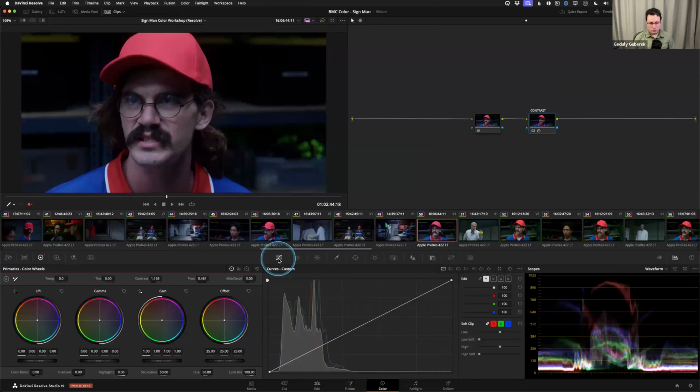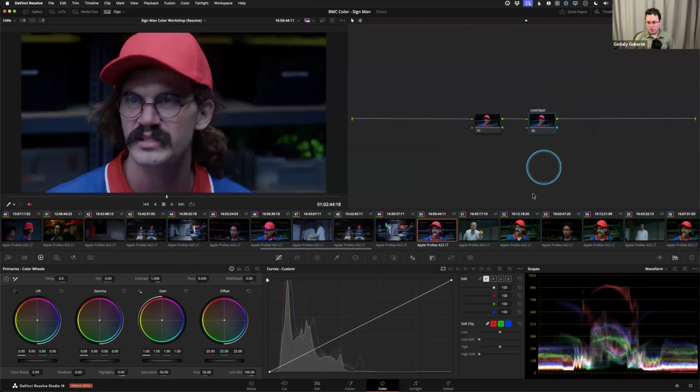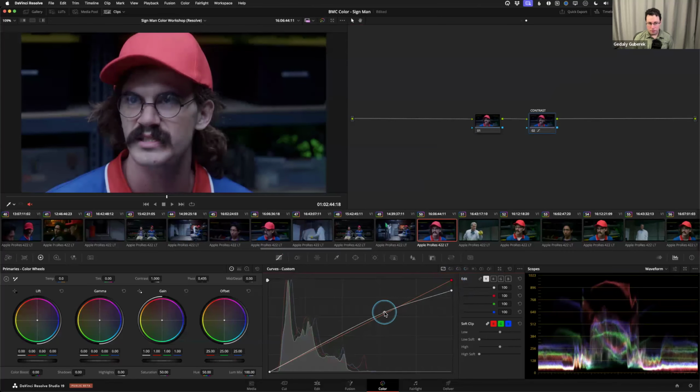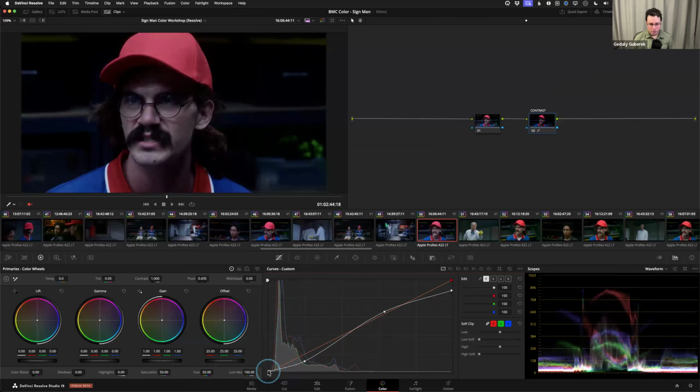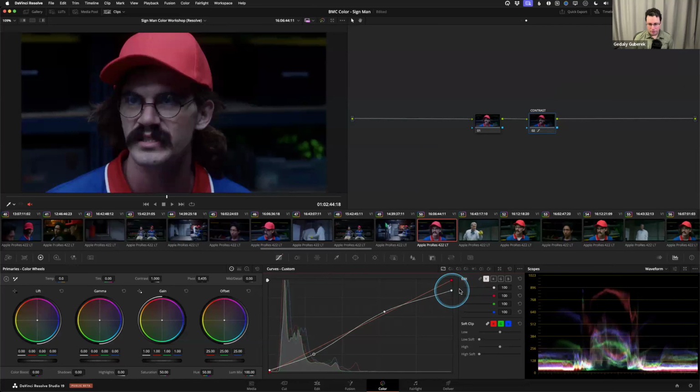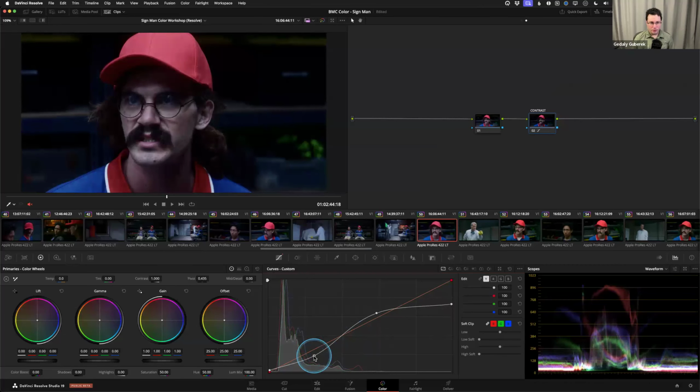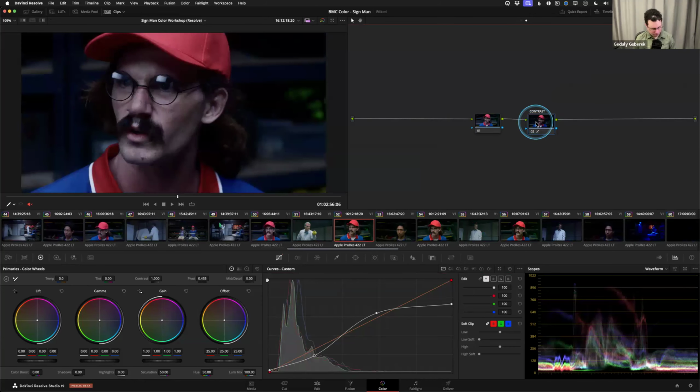We could also reset this node and actually just draw a contrast curve with my custom curves here. So I can bring that down. I can create a point here, bring that down. Maybe I do that. Sort of, I want this to be pretty moody. Make that darker. Up to you. But you can play a lot here and then just kind of keep going through your shots and off